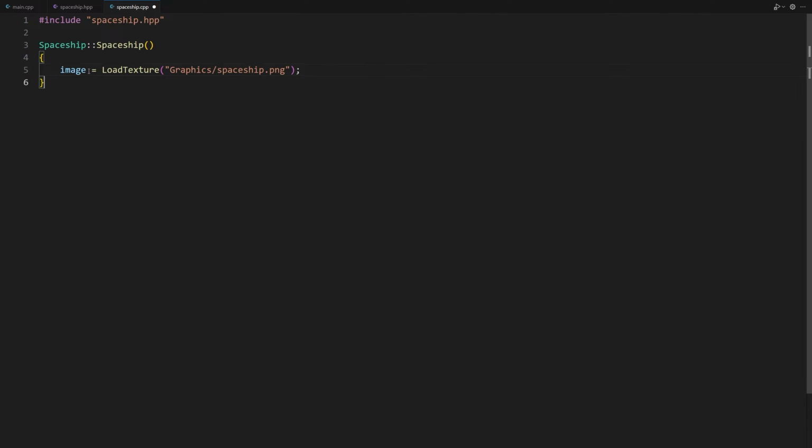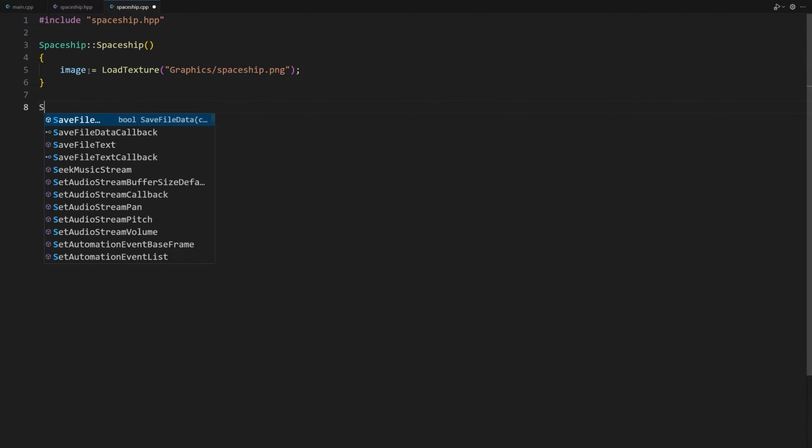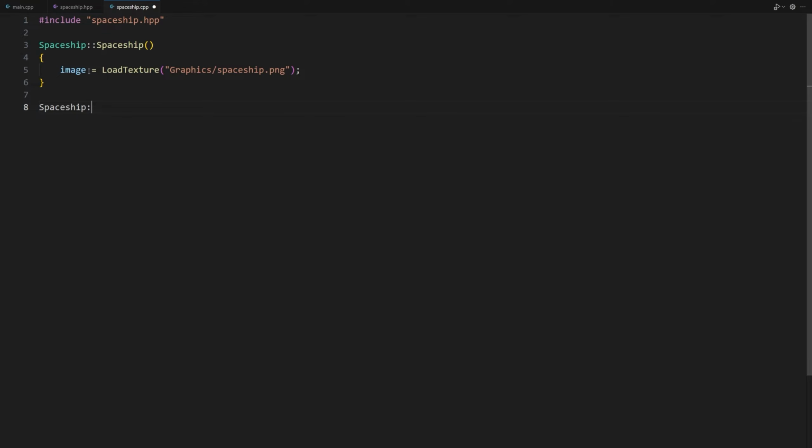Every time we load an image, we need to unload it when the game is closed to free up the memory it requires. We will do that in the destructor because it is called automatically when we close the game window. Spaceship::~Spaceship() { UnloadTexture(image); }